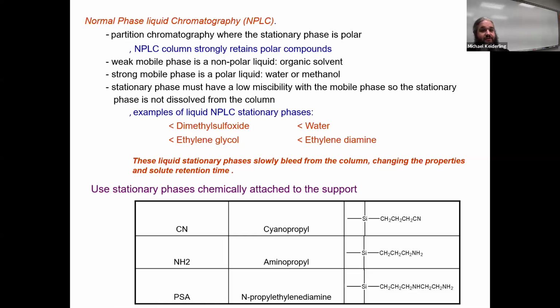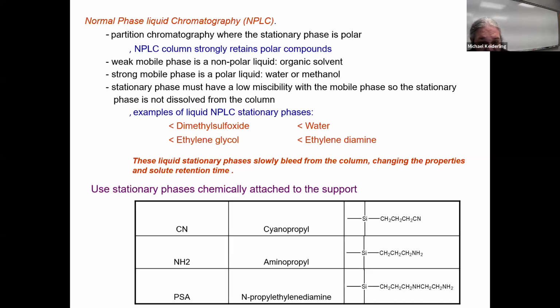Normal phase liquid chromatography is the partition chromatography where the stationary phase is polar. Normal phase liquid chromatography strongly retains polar compounds. The weak mobile phase is a non-polar liquid or an organic solvent. The strong mobile phase is a polar liquid like water or methanol. And the stationary phase has to have a low miscibility with the mobile phase, so the stationary phase is not dissolved from the column. So some examples of liquid polar stationary phase: